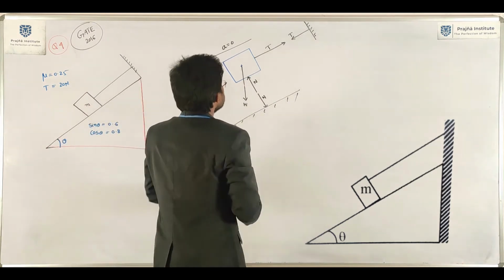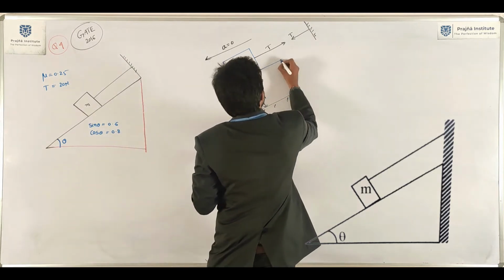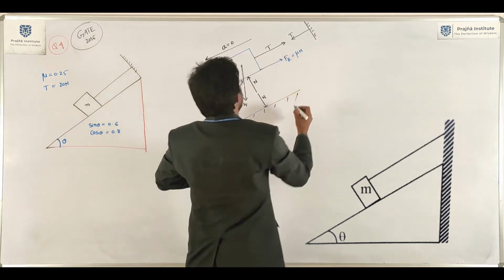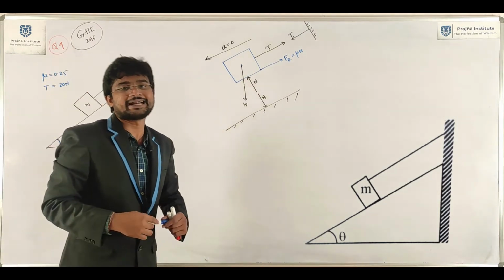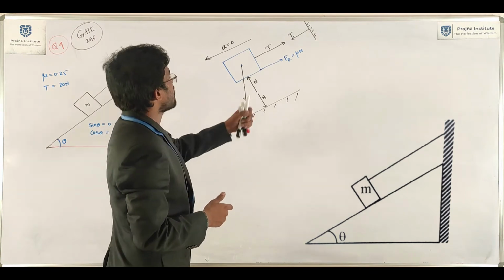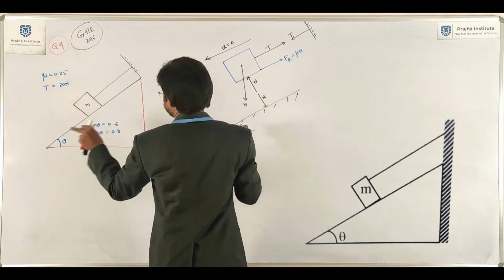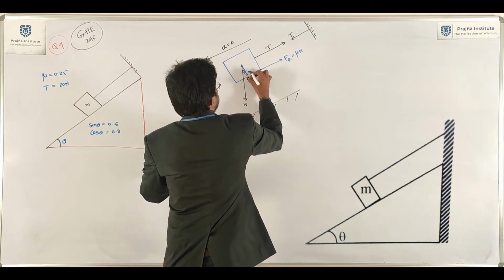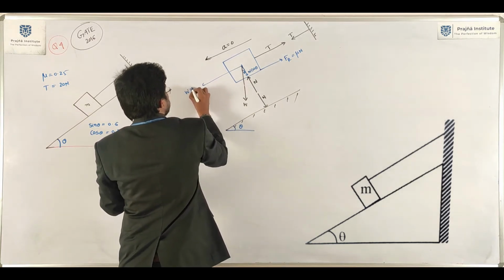That means it tries to move in this direction, so here frictional resistance will be acting opposite to the direction of movement of the block in the static equilibrium condition. Now Fr equals mu N. Of course, it is theta. Here it is theta, W cos theta, W sin theta.